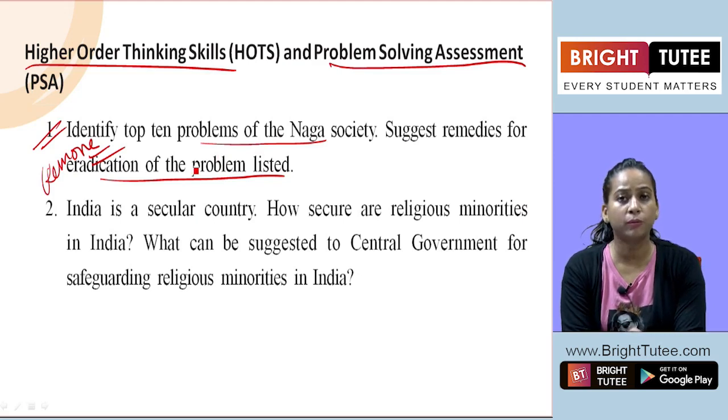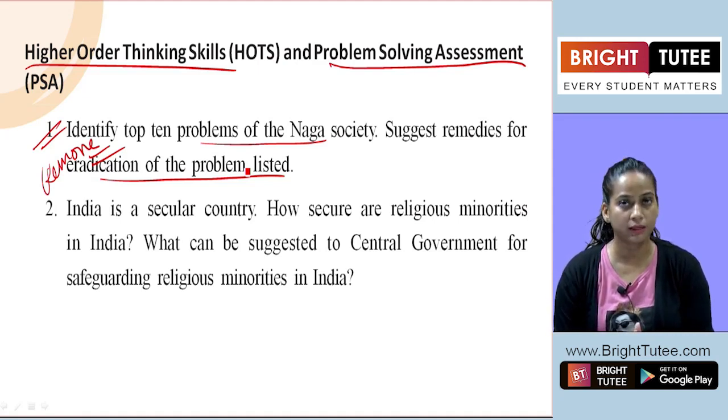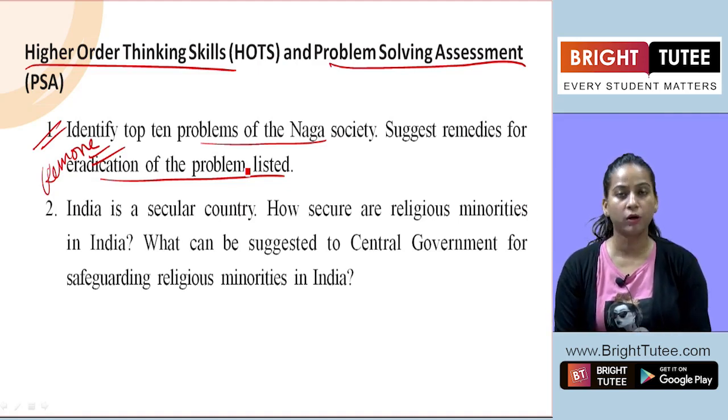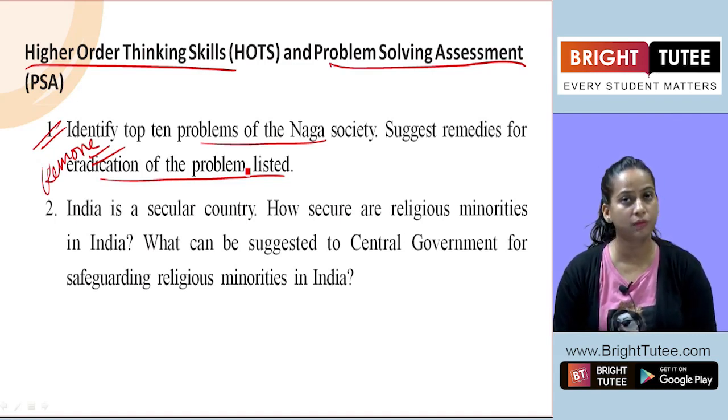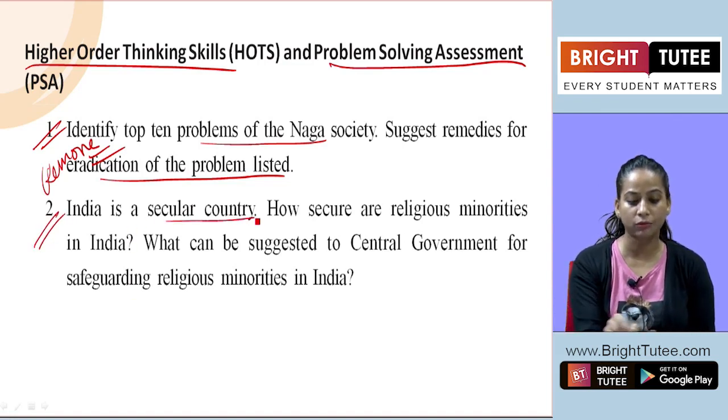So in a nutshell, the Nagas must change their own mindset so that they could regain the past glory of freedom-loving people, with the changed circumstances of the world today. In this way, the responsibility comes on the Naga people only, who are there to bring change in their own society. So hopefully this is clear. You have to mention the problems first, and then, based on your own thinking, suggest the measures to improve the condition.